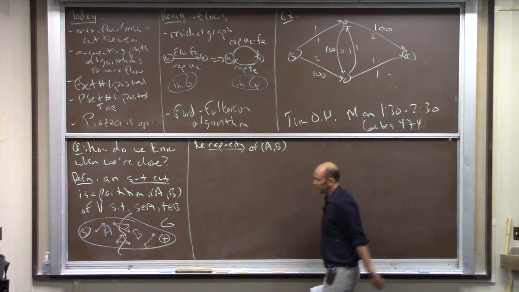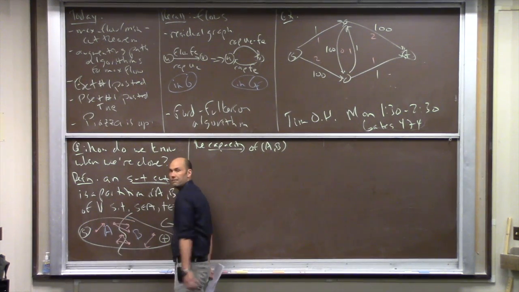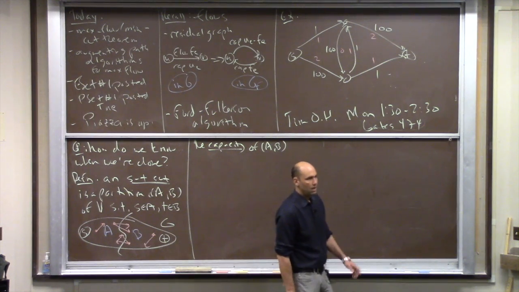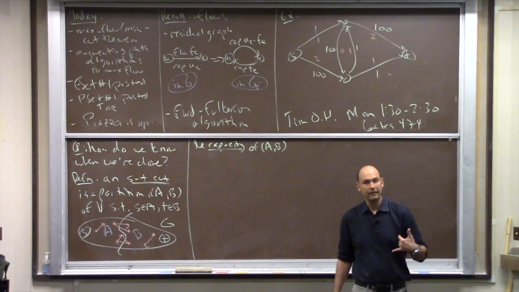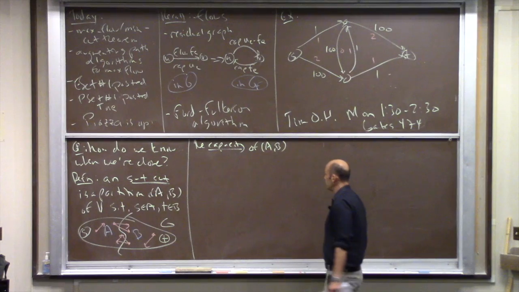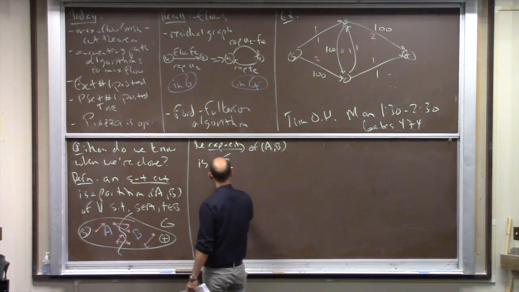So for the capacity of a cut, you look at all the edges that stick out of A, and you add up all of their capacities. Importantly, you do not look at the edges that stick into A. You ignore them for the capacity computation. So the capacity of a cut AB is, by definition, the sum over the edges sticking out of A